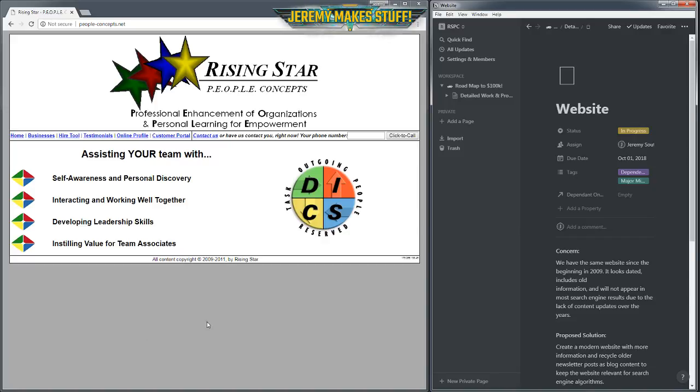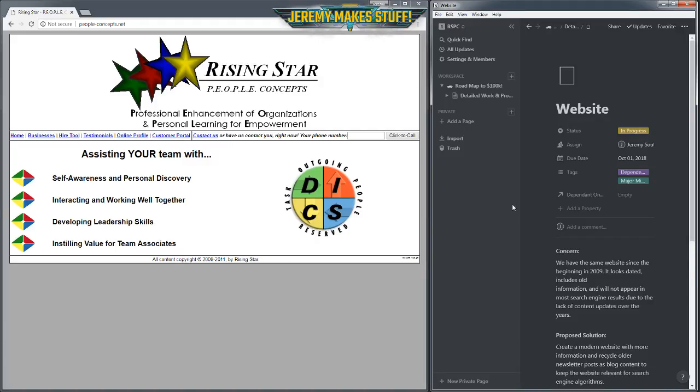And also, since WordPress is basically a blog platform, we want to go through some of the old newsletters and repost information to keep the website in the search engines and appearing for the keywords, for the topics that we care about. And we do have a lot of newsletter content because the company's been around since 2009.